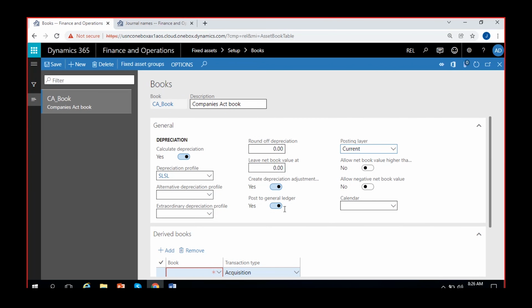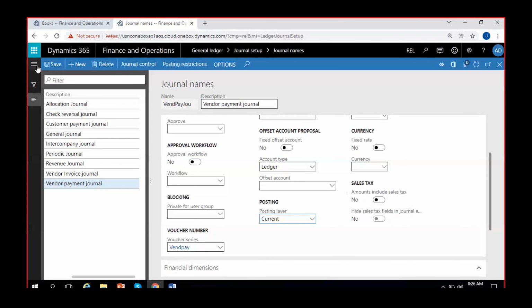Sometimes they don't post it to general ledger at all, then the posting layer will be none. So either they can use different posting layers for each book separately. Suppose if I go to trial balance, for example,